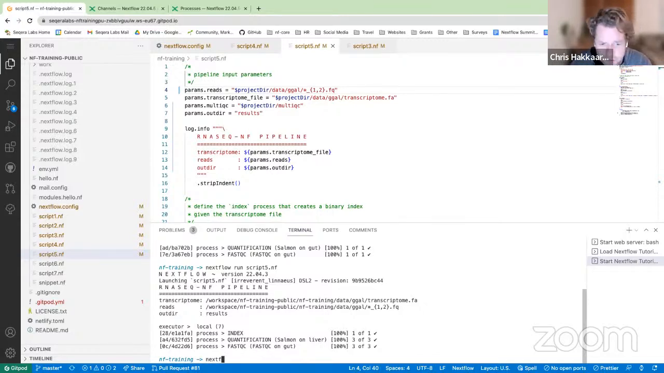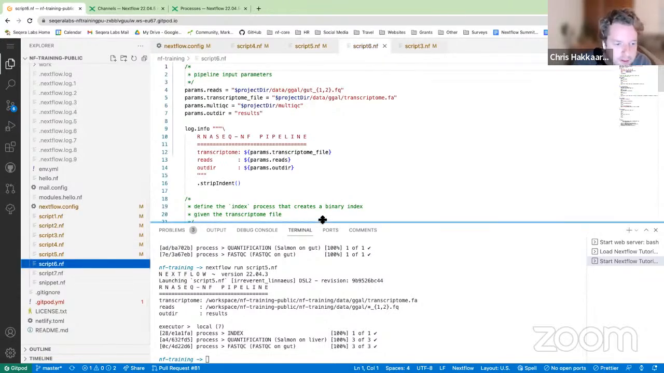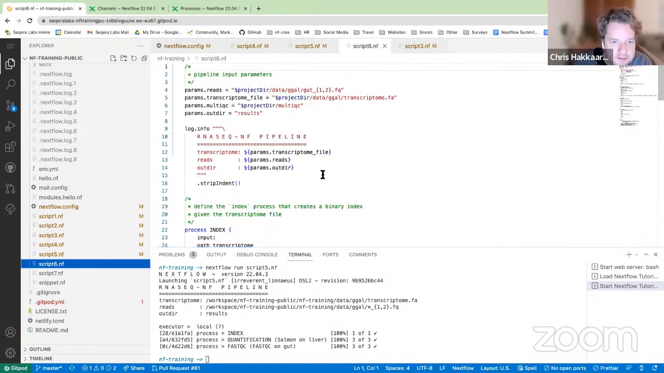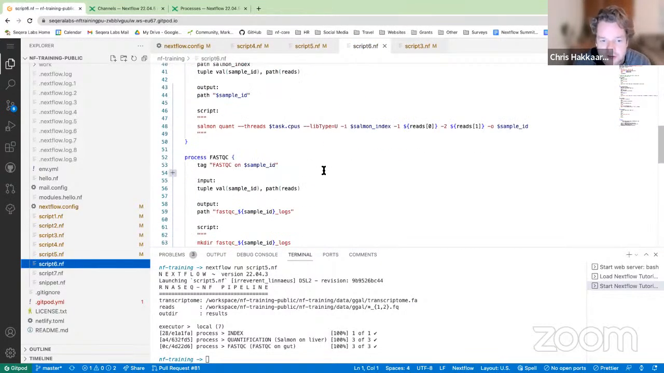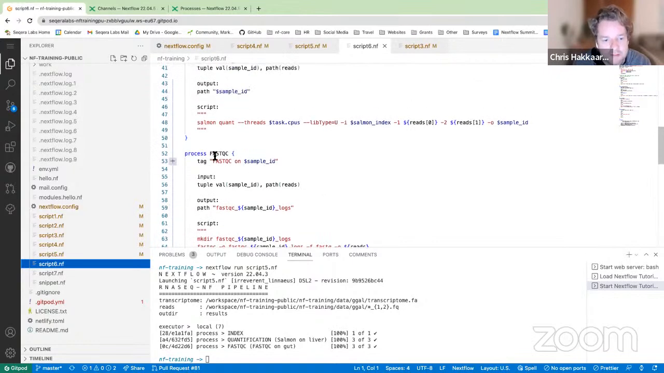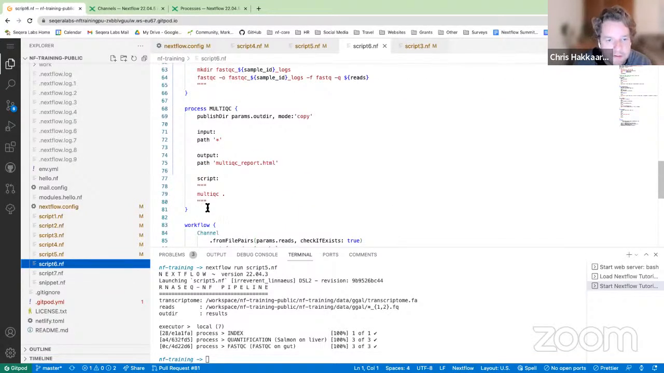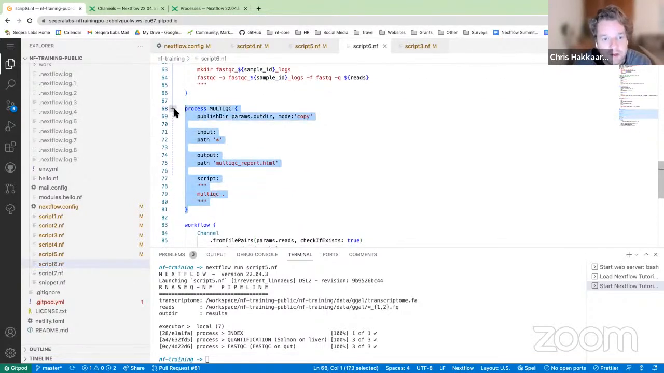So I don't want to dwell on script 5 too much. We're just going to jump straight to script 6, especially because we still have a lot to get through. We're talking about the containers in Docker. Again, not a lot has changed, but I'm just going to keep adding on another process. So everything up until here, FastQC, is the same, but now we're also going to be using MultiQC. And this